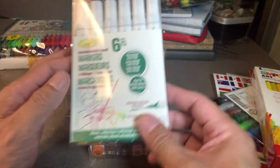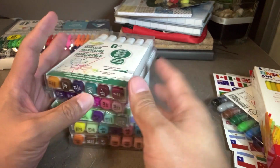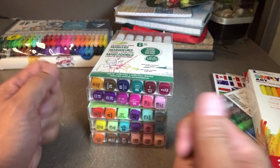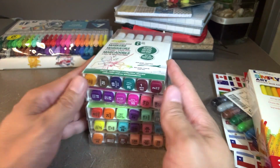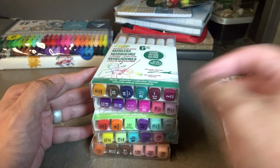They have a really nice feel to them. They're nice and fat, like fat and chunky kind of markers, not like a pencil crayon or a thin marker. So it really gives you a little bit more control if you're artistic. I'm not very artistic at all, but I use them for the flourishes that I put in my